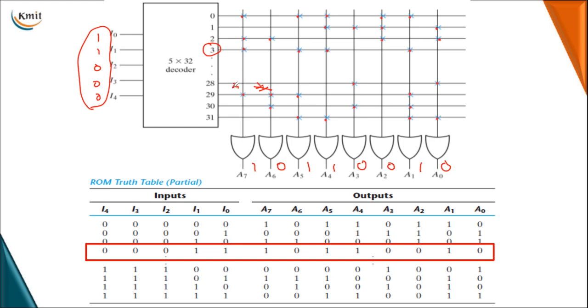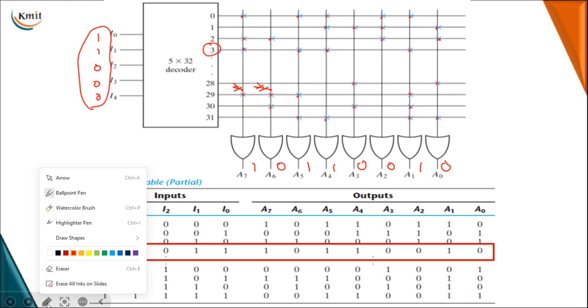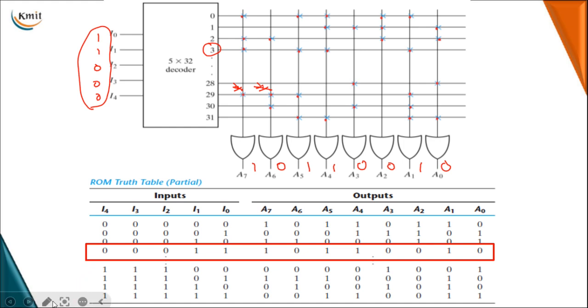Like this, a total of 256 patterns are available, because you have 32 memory words and 8 OR gates. Each OR gate has 32 inputs, so 32 into 8 is equal to 256 patterns. A blown fuse indicates a logical 0, and an intact fuse indicates a logical 1. Hence we can obtain the output by loading a logical 0 or logical 1